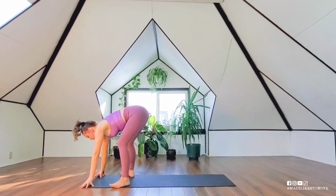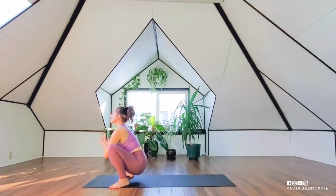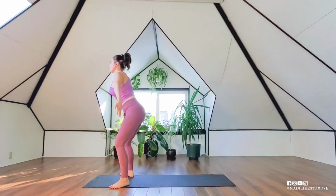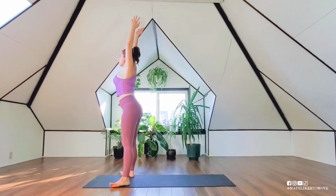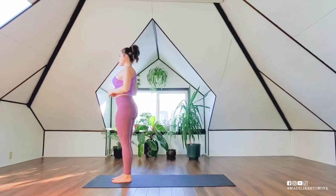Walking your hands back to center, bend your knees, sit back into a yogic squat, option to sit on a block if you need. Pressing your knees into your forearms into your knees, and then circling your arms up all the way to standing. Exhale, hands move through heart center,